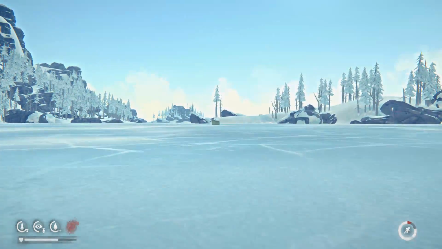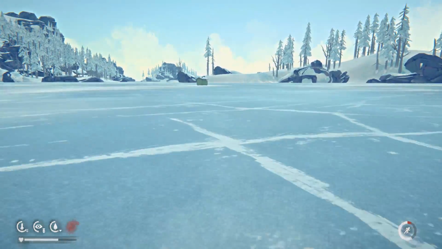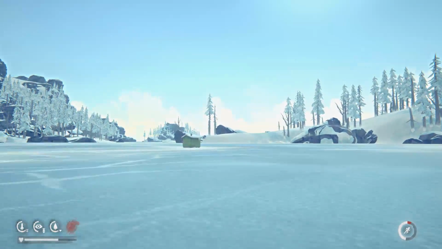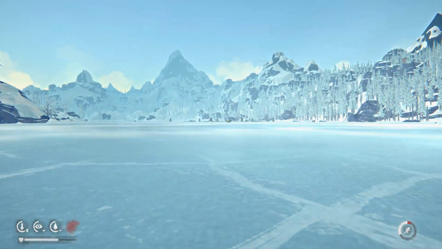Now we're going to head up the hill. There's a house up here. Don't worry about this ice right here. This ice is perfectly fine. The only time that it's not fine is if you head too far off in that direction or if you head too far off in that direction right there. I'd tell you north, south, east, west, but I don't honestly really know. I haven't been mapping, and so...